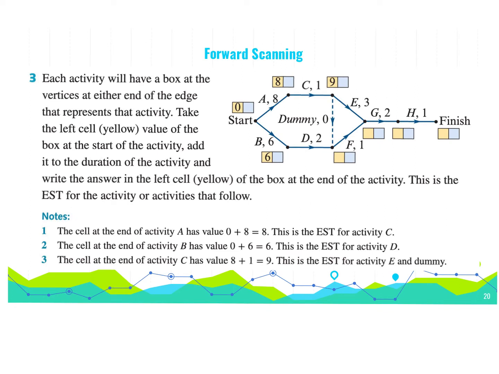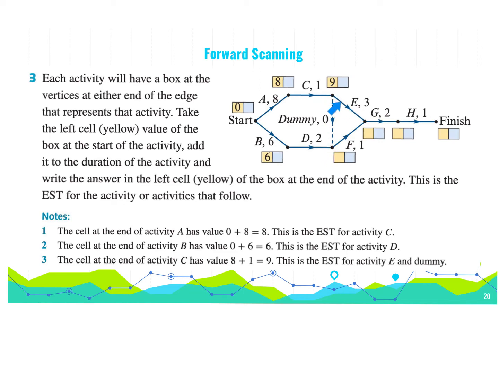Then what we do is we talk about forward scanning. Okay, now we're starting here at 0. If this takes 8 hours and the earliest starting time is 0 for this particular vertex, then the earliest starting time for that next activity, activity C, will be at 8. All right, or any activity coming off that vertex, the earliest starting time is 8. That takes 1 hour. Okay, so then the earliest starting time of either E or F is going to be